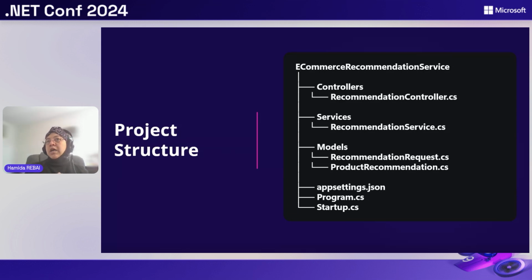In our case, we will add a controller specific to recommendations, where we will see how we can display the recommendation. We need a service, different models, and views, for example. So it's really simple, according to the duration of the session. We just try to explain how we can integrate AI services inside an e-commerce application. So it's MVC. We have the request, some models needed, a specific service, and we make some changes inside app settings to add Azure OpenAI.